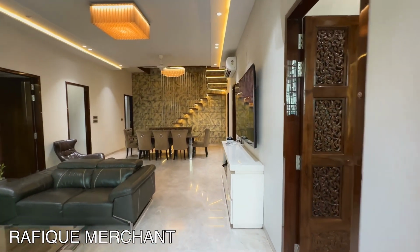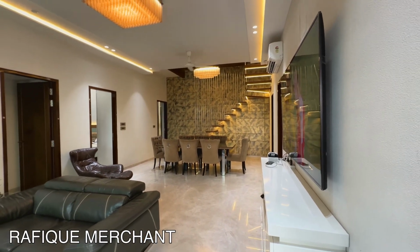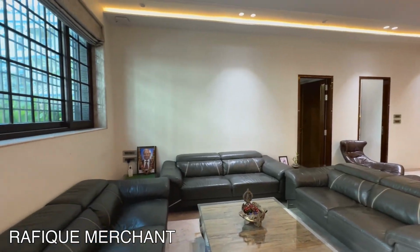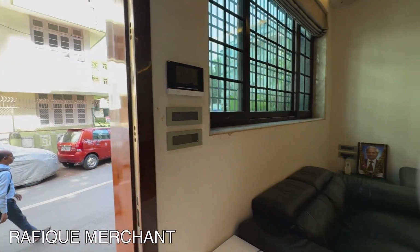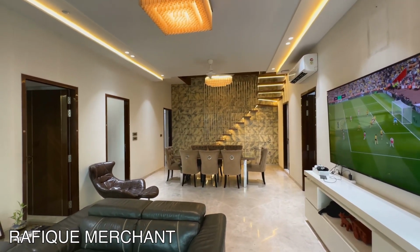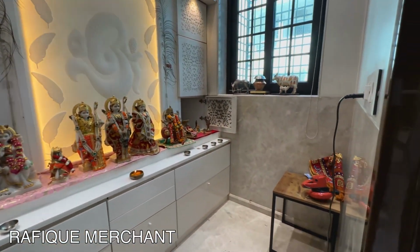Italian marble flooring as we enter the house. Let's shut the main door here. And what we have is a brilliant, exclusively done up house. It's all soundproof walls and soundproof windows, so you don't get to hear any kerfuffle from outside. This is a beautiful one, with 8 to 10 crores spent on it. You've got a gorgeous mandir on this side,